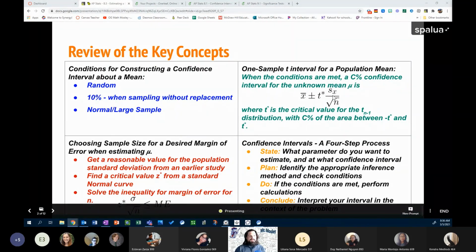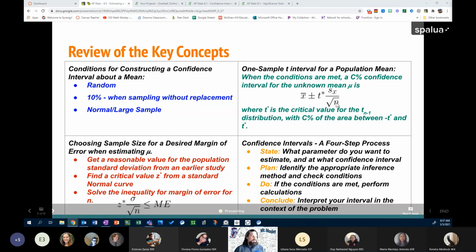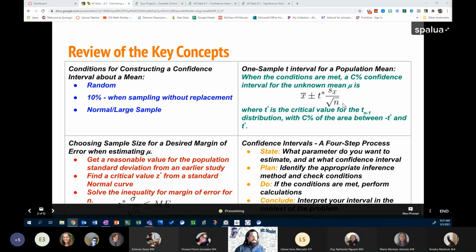S sub x is the sample standard deviation, right? And the square root of n, right? N is our sample size, right? The s sub x divided by square root of n is the standard error. T star times the standard error is the margin of error,